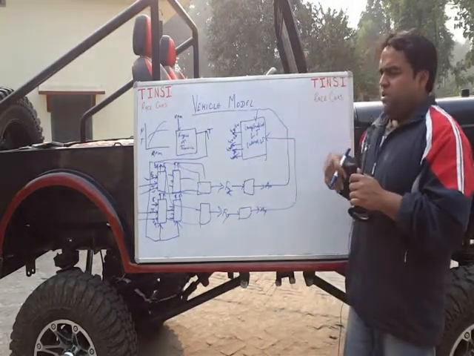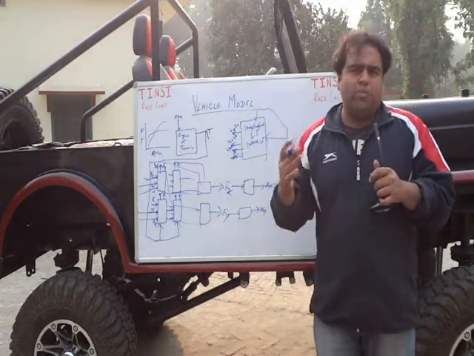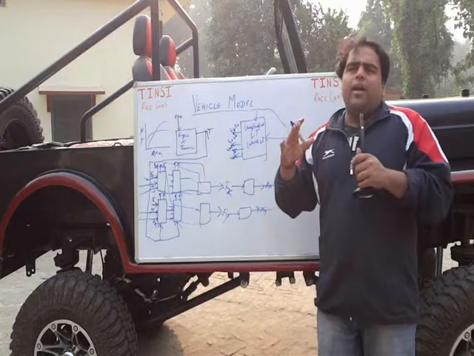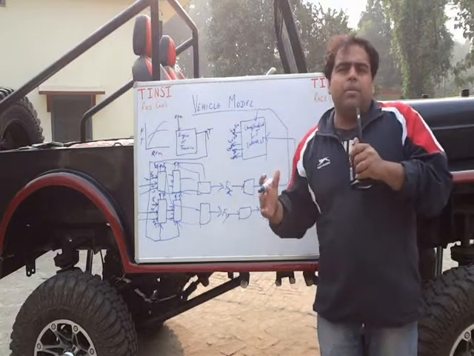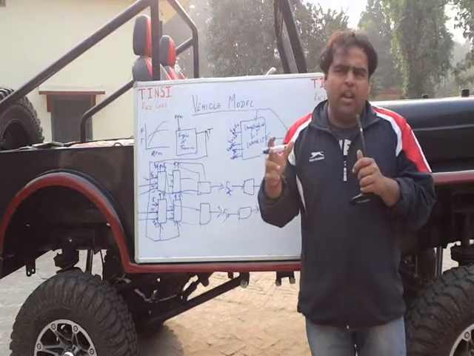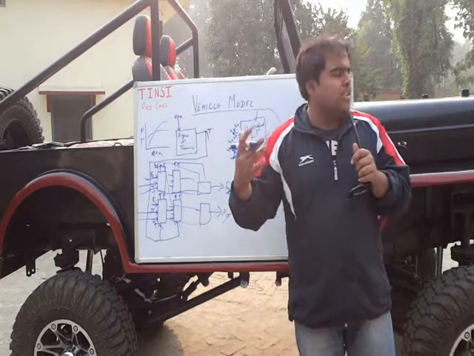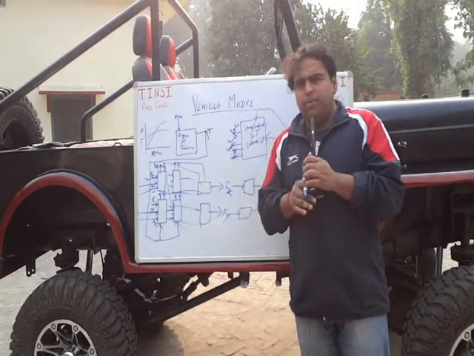Okay, now a very common understanding is that people generally calculate the top speed of a vehicle by multiplying the engine RPM with the ratios that you are encountering, and then finding out the RPM of the wheel, and then converting that RPM, the angular velocity, into linear velocity and getting the maximum velocity of the vehicle.